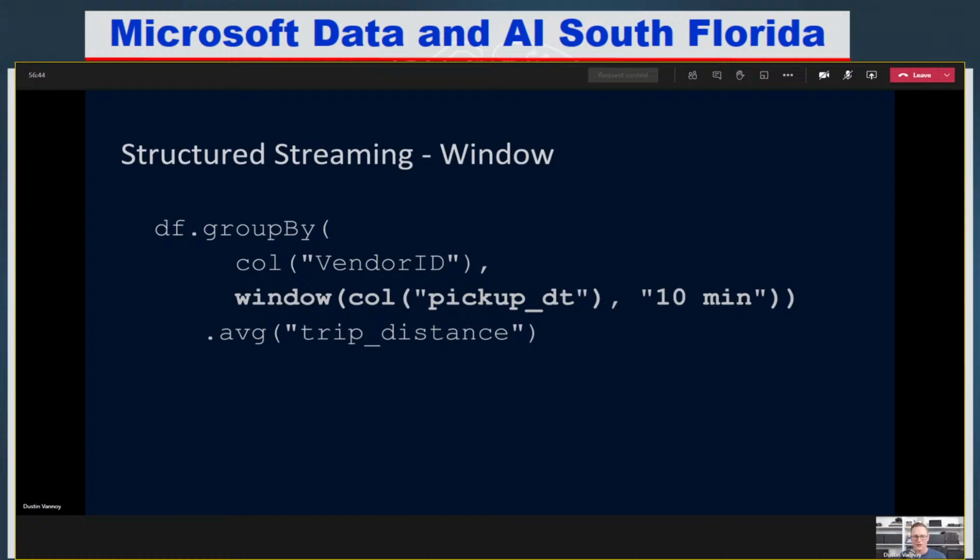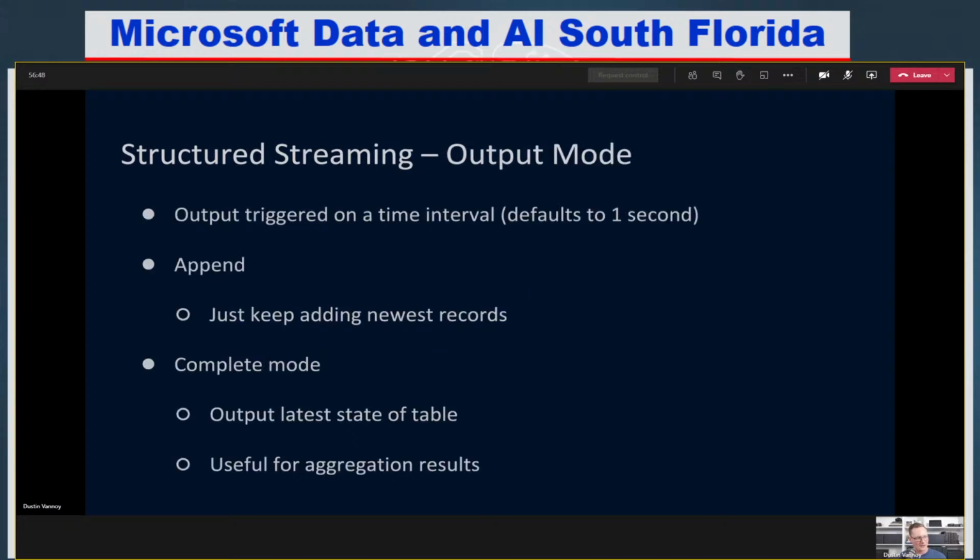And there's a few different window options you can choose from. We can talk a little bit about that if there's questions, but that's pretty easy to find in the documentation, the different window options. But know that if you're going to do aggregation and grouping, you're basically going to specify what window of time you care about so that it knows how to do that calculation.